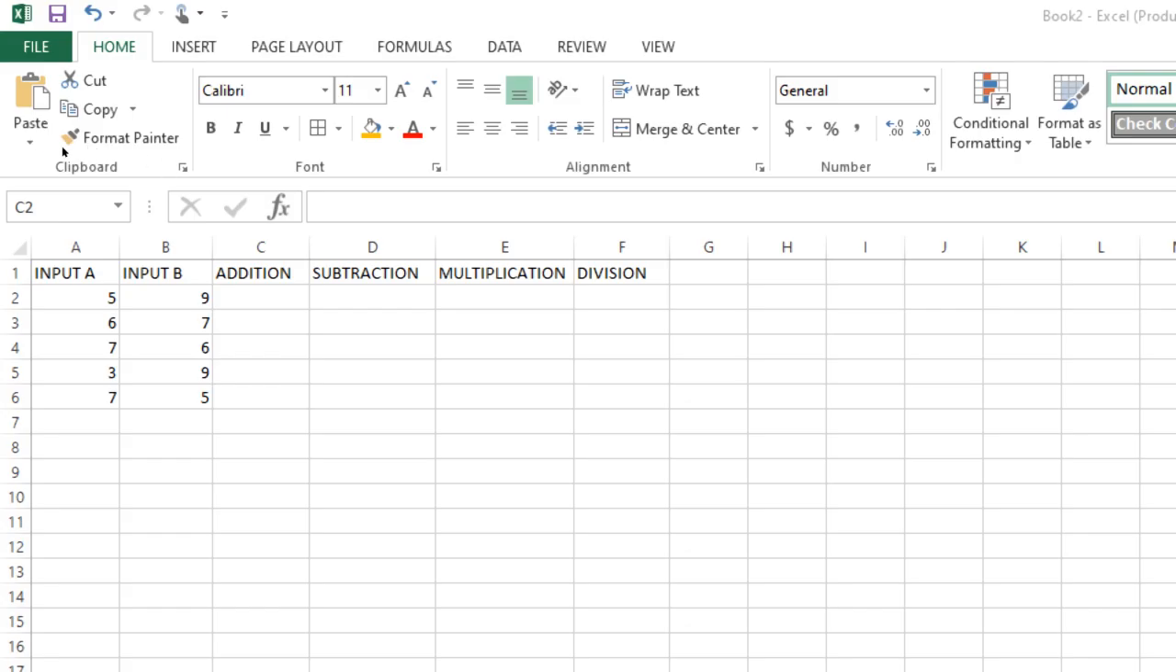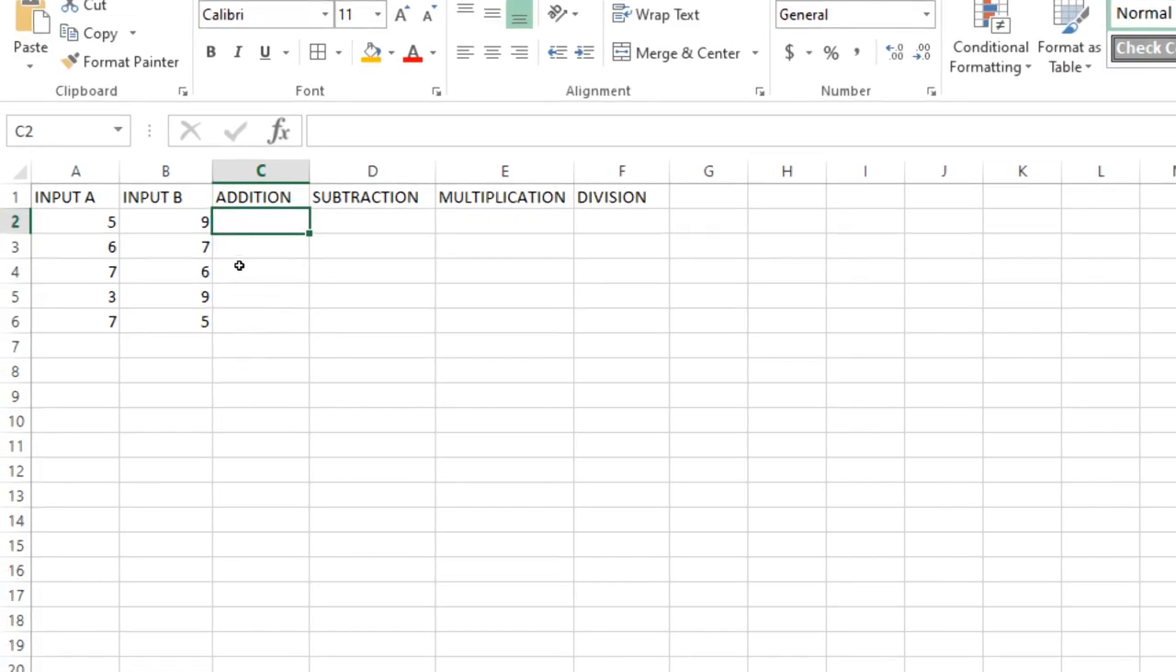So I'll first of all be performing addition on these two inputted numbers. I'll also perform subtraction on it. I'll perform multiplication and division. This is to enable us to be able to perform each of these calculations whenever we are in this environment. Now let's kick off. I'm going to click into the cell under addition, cell C2, and then I'm going to